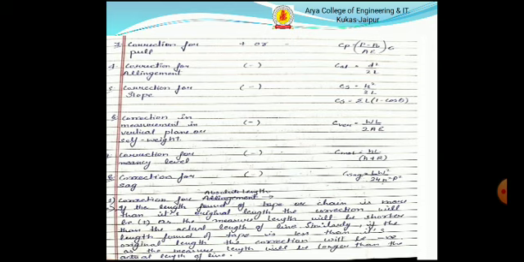First, correction for absolute length. If the length of the tape or chain is found to be more than its original length, the correction will be positive, as the measured length will be shorter than the actual length of the line. Similarly, if the length of the tape is less than its original length, the correction will be negative, as the measured length will be longer than the actual length of the line.